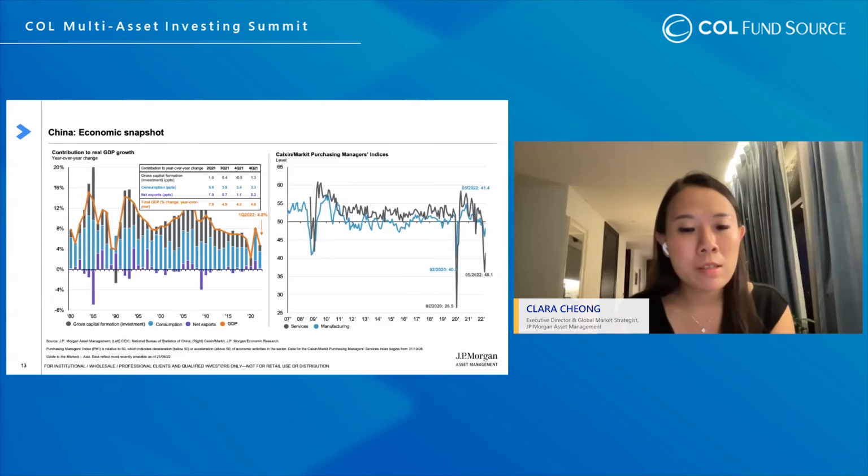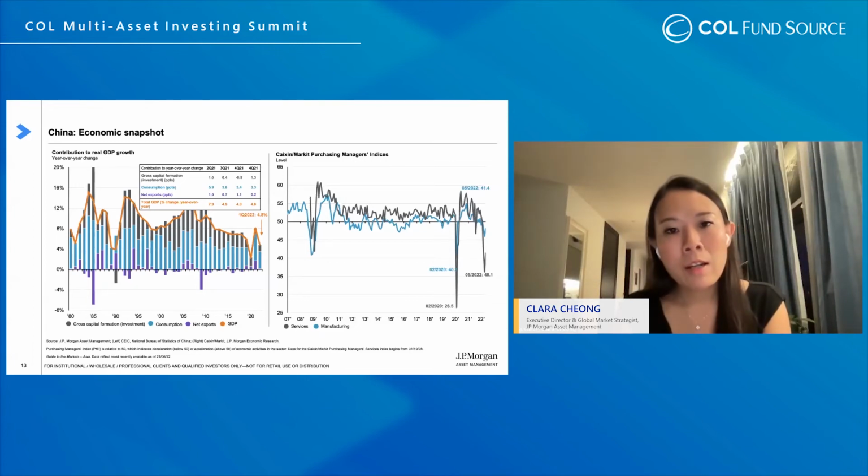So, with this very holistic approach that has progressed very quickly, on the right-hand side chart, you can see that the high-frequency economic data has rebounded very nicely, on the manufacturing and the services side as well. PMI has rebounded quite well going from April to May. And as well as not on this chart, the latest numbers from May to June also showed that manufacturing improved even more, and it's now above the 50 line, which indicates an expansionary growth environment for the manufacturing space. So, overall, I think there has been very good progress.